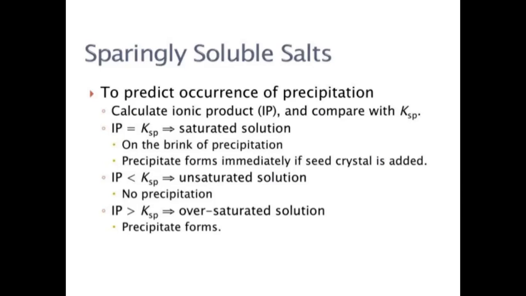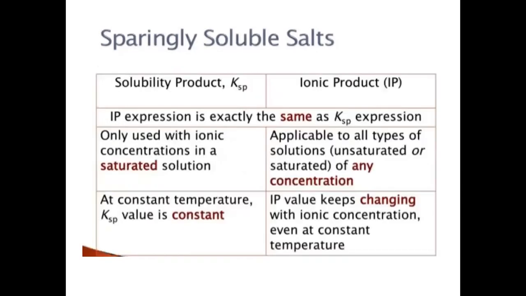This is a basic concept behind the sparingly soluble salt which helps us to predict the occurrence of precipitation. Whether the precipitation will occur or not, how we can identify with the help of ionic product and solubility product. Now the question arises, what is the difference between ionic product and solubility product? So here's the difference. Students, both are exactly the same, right? The IP expression is exactly the same as that of the Ksp expression. A very little difference is there, that